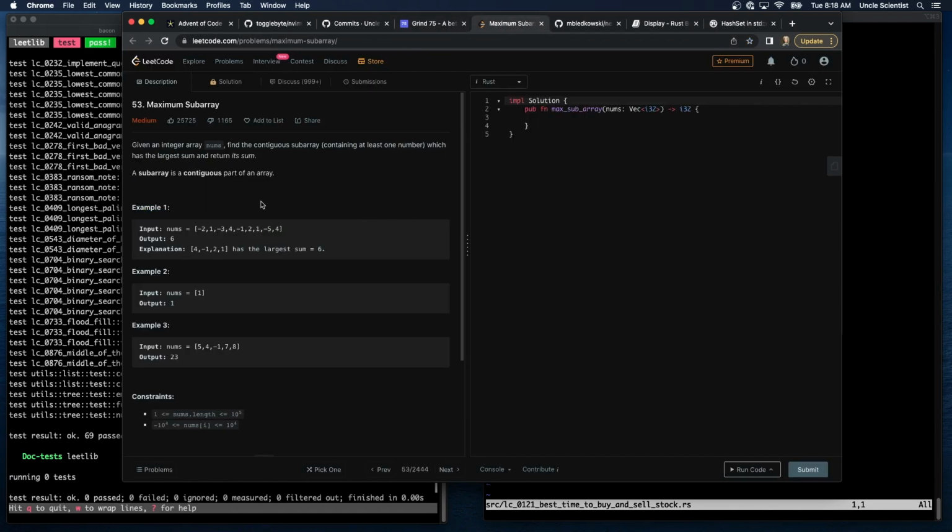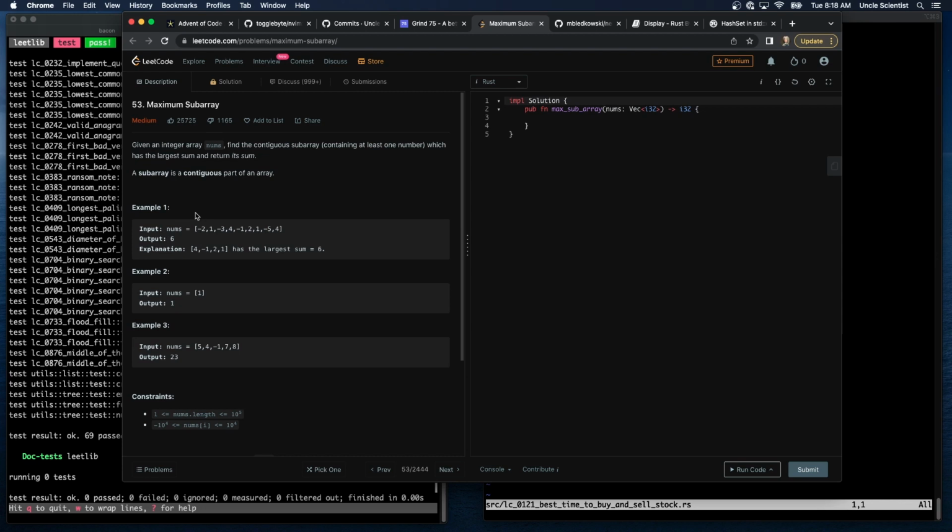So I think this is similar in that, here it is. We need to keep track of where we are and run up, keep a running sum, and then based on whatever that sum is, we keep track of the maximum sum, right? So